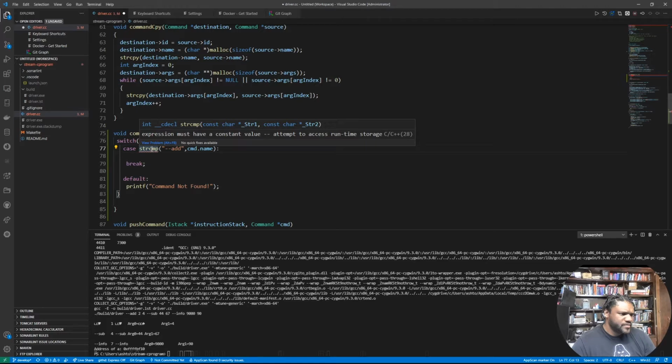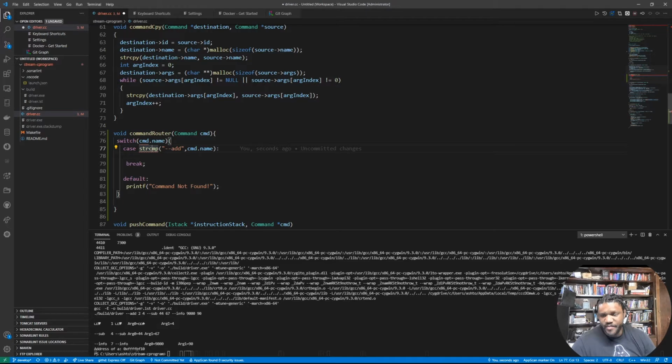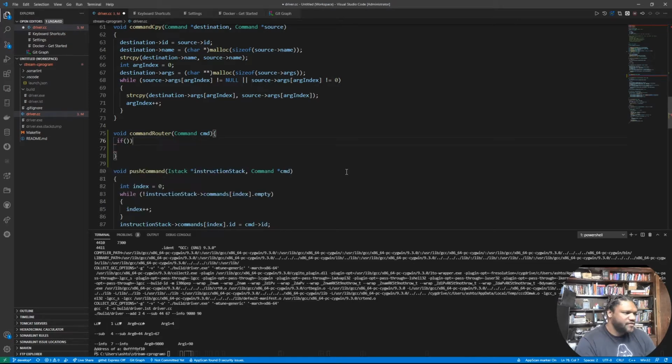I might just have to use an if statement instead of a switch case. Or, let's see. CMD. See, look at that. Must be an integer. So I might not be able to use a switch case. So what I'm gonna do is I'm just gonna keep it stupid simple. Let's do a bunch of if statements, and we do a if